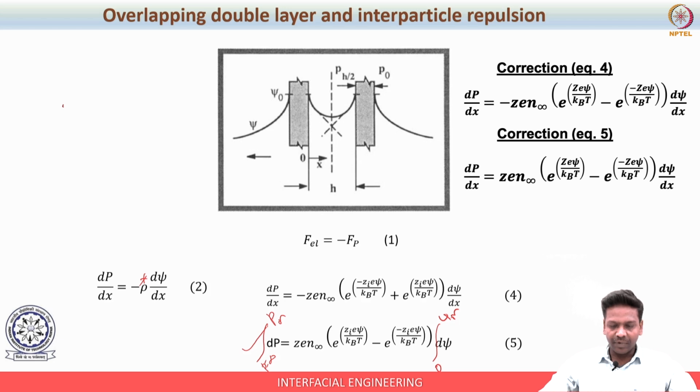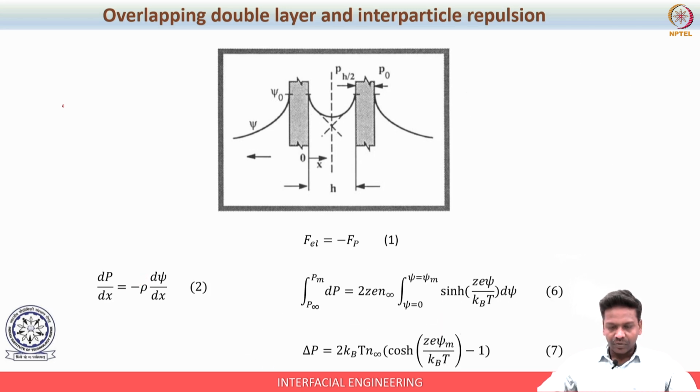So we have just substituted the rho star into this equation, and we simply applied our integrals, right? So this is how our integral limits are going to be. Now when we integrate this equation, equation 6 will be now easily transformed into equation number 7.